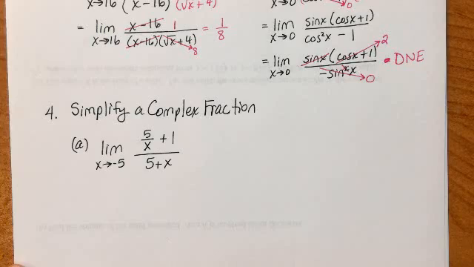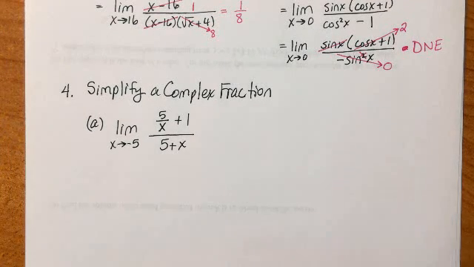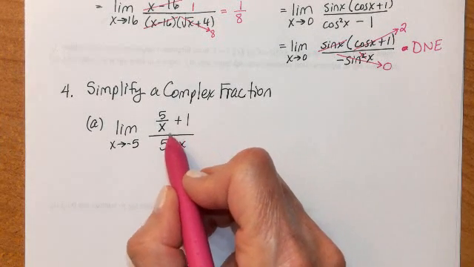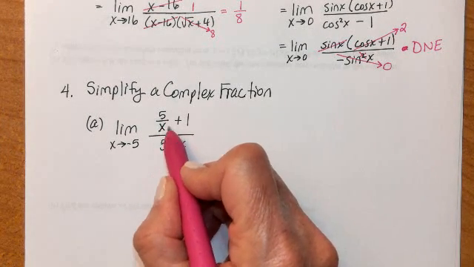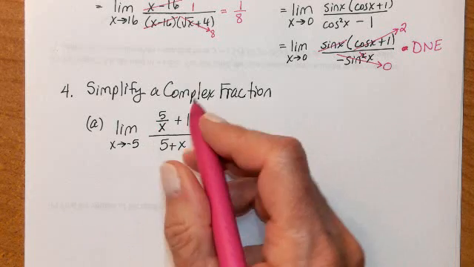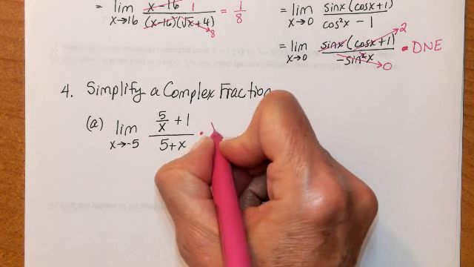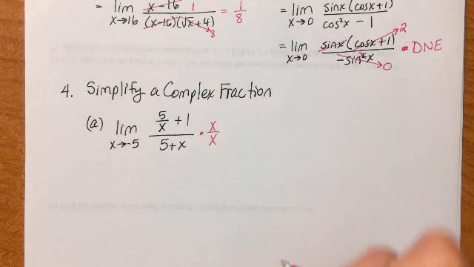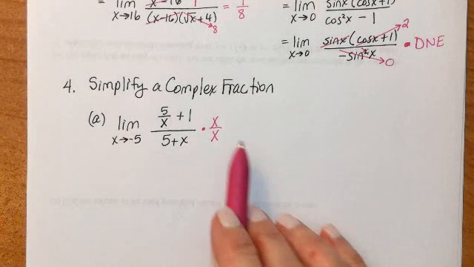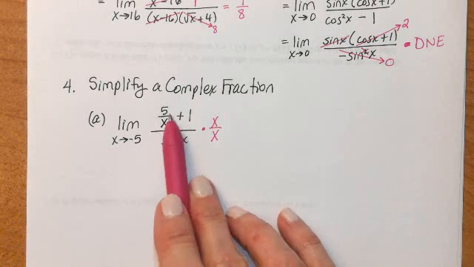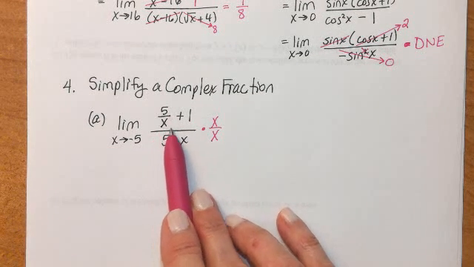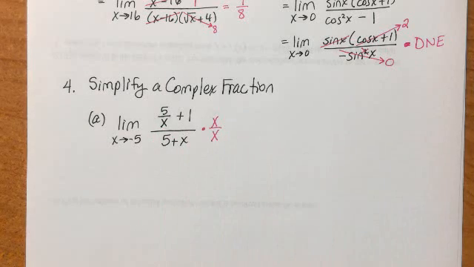Okay? So to simplify this complex fraction, the thing that's making it complex is this little guy right here, right? So that's what I'm going to multiply top and bottom by. Again, I'm multiplying by 1. So I'm multiplying top and bottom by that little x. When I do that,